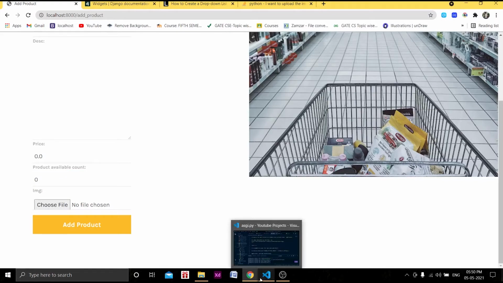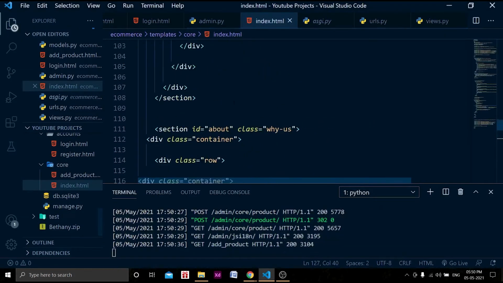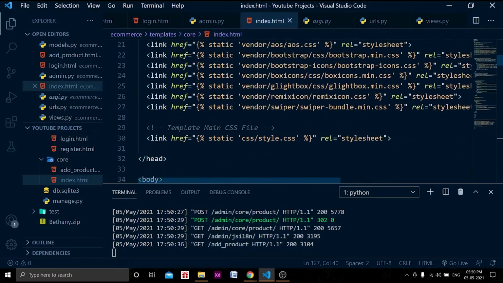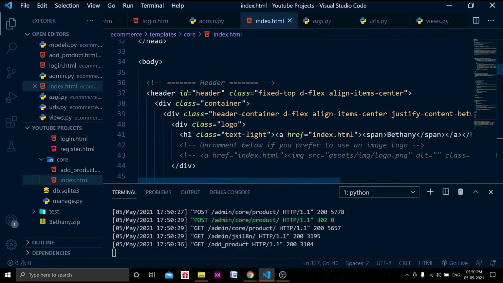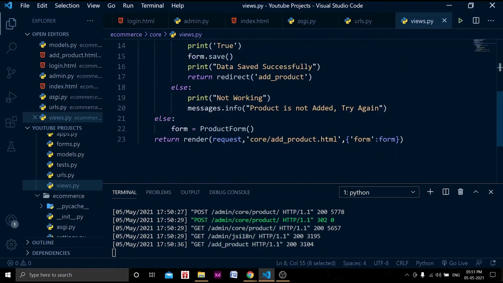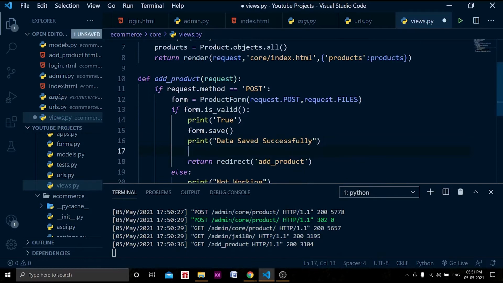Now let's add one another thing also. Let's improve the code. When the index.html page, if the server has some messages, right, and the product is added successfully, then we want to show that message in the index.html page too, right? So what we can do, in the views.py file, add product is there actually. Yes, so if we are redirecting the user here, right?